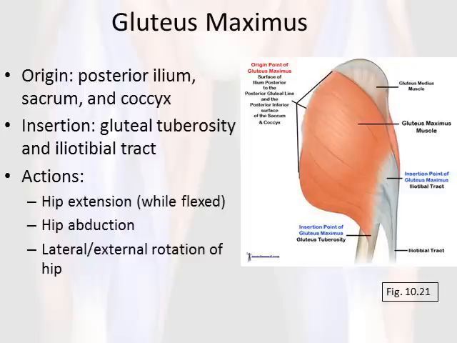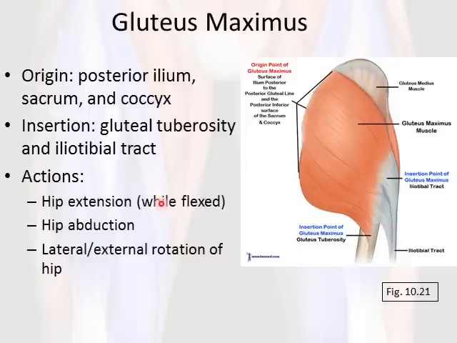Okay, so with the gluteus maximus, the origination point is very broad. It's on the posterior ilium, sacrum, and coccyx, and then it comes down and inserts into the gluteal tuberosity, as well as the iliotibial tract, or the IT band. So again, this is our primary hip extensor. It's a hip abductor, and then it's also a lateral/external rotator of the hip, which means the same thing. One thing to note about the hip extension is this is going to be the primary hip extensor